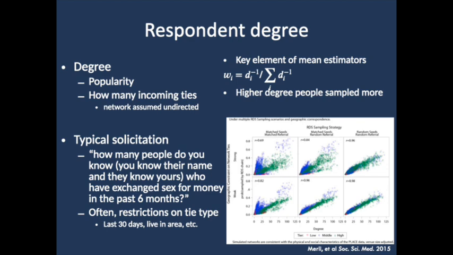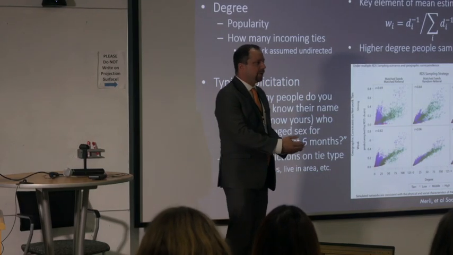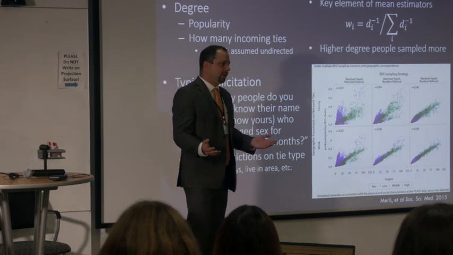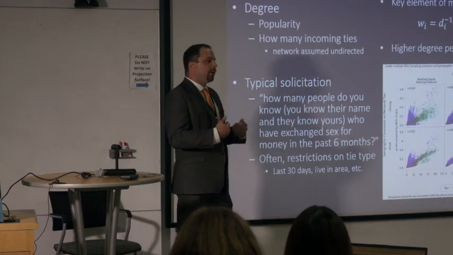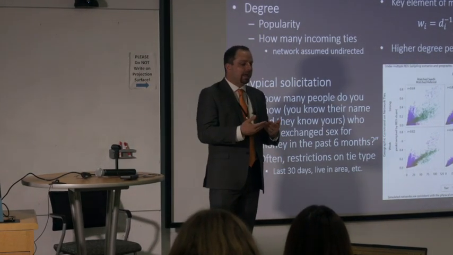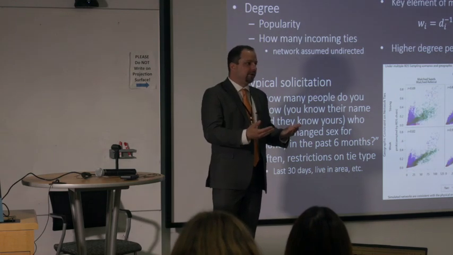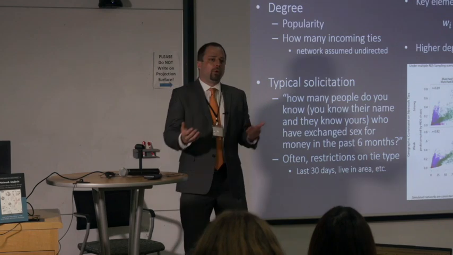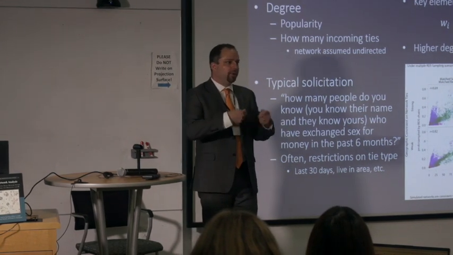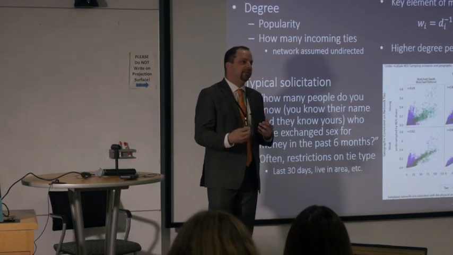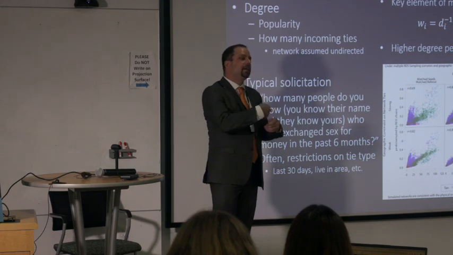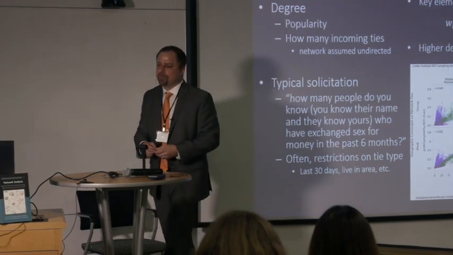So RDS, I mentioned, has this second component where you're weighting the data. The idea is that you weight the data based on the likelihood that people would be sampled through that procedure if it were repeated an infinite number of times in the network. A simple way of approximating that is respondent in-degree, or in an undirected network, respondent degree overall, right? More popular people are more likely to be sampled. Thinking about how coupons are passed, if you have 10 ties coming into you, you might be 10 times more likely than someone who only has one tie coming into them to be sampled by coupons passing through that network.